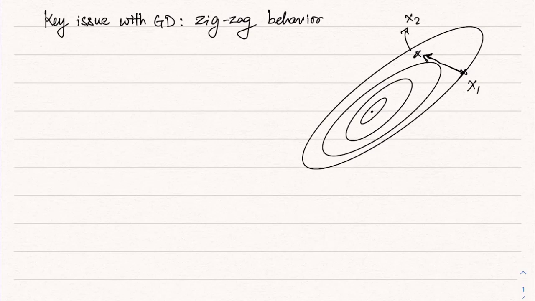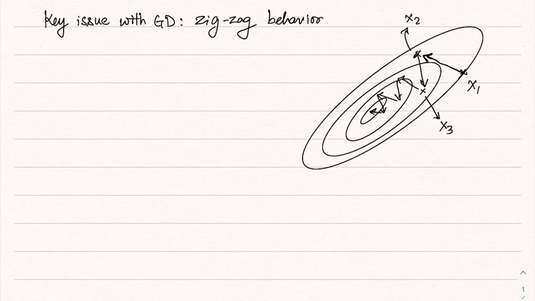Now again at x2 the negative gradient may again not be pointing towards the optimum but towards the steepest descent direction, which could be something like this. So this could be your x3, and continuing in the same way the gradient descent would progress towards the optimum in a zigzag way, right? This is really not optimal because you want to go to the optimum as fast as possible. You don't want to just go in a zigzag direction.